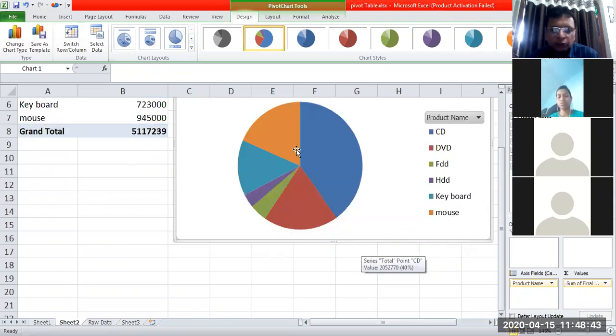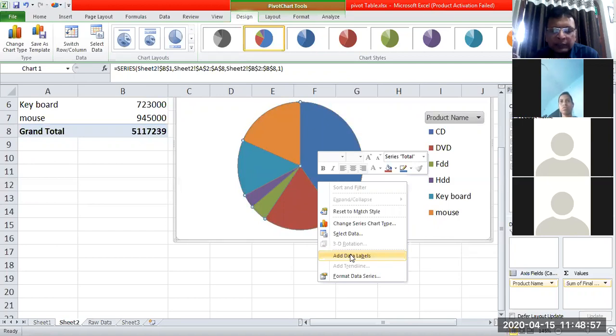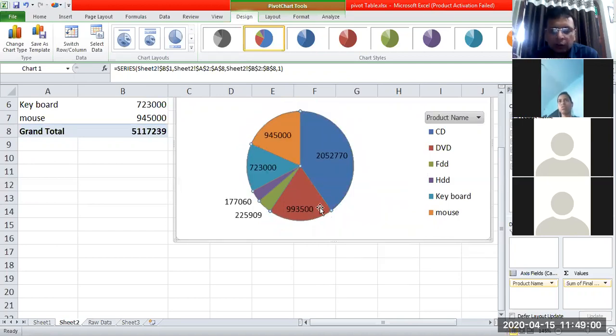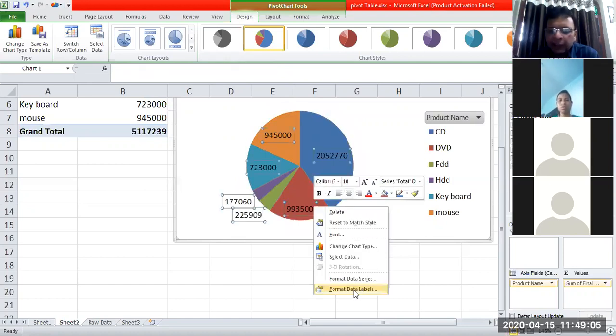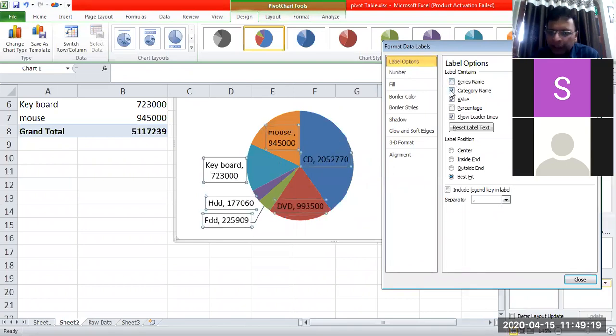If you want to include the name of the product on the chart itself rather than having this index here, we can simply select this chart, right click, and then the option is Add Data Labels. By default, it is showing me the values. I want to change, so I format the data labels. I can right click and go to this section. It is asking me what I want to have in the label. Series name, so it is now showing you the series name, or you can have the category name. So I have used the category name. If you want to use a percentage, that can also be shown, right?